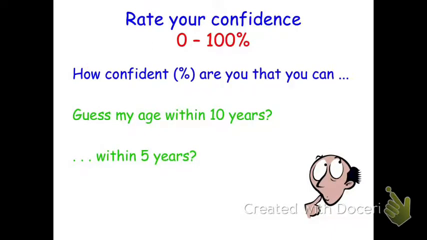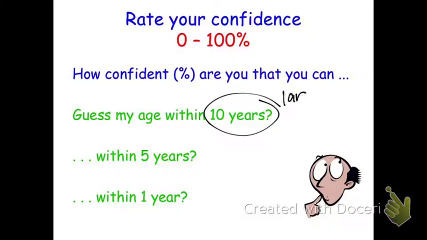I said within a 5-year margin of error? 80? So what's happening to your confidence level? It's going down, right? If I said within 1 year, you're less likely to judge. Within 2 days. So all of that to say, when you're doing a confidence interval, with a larger